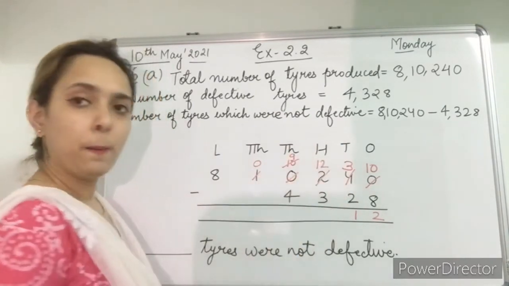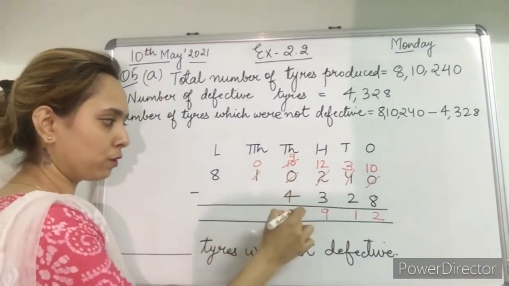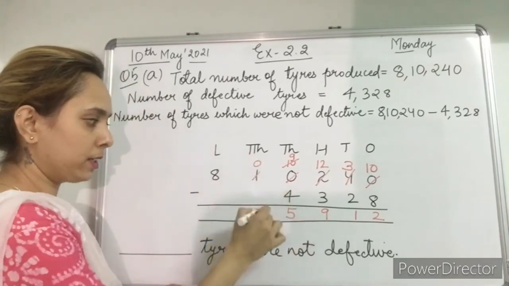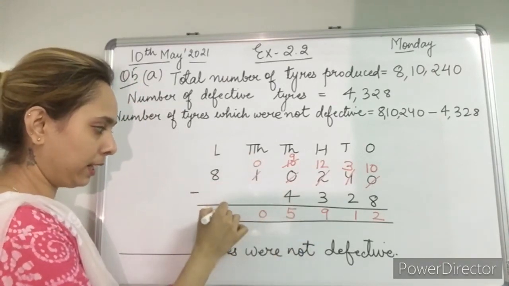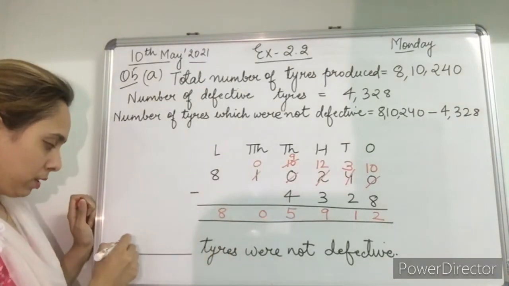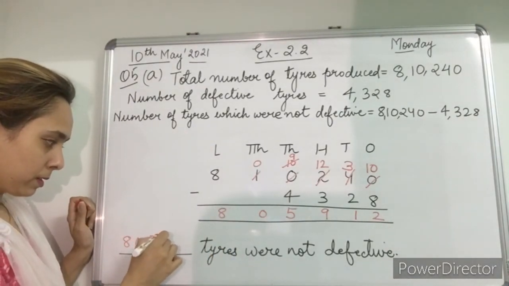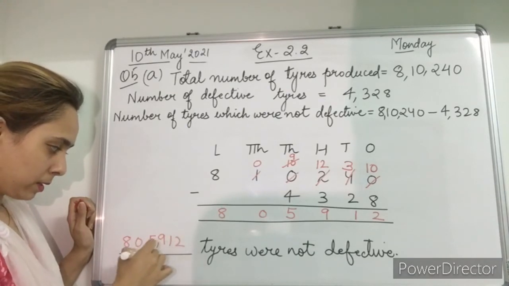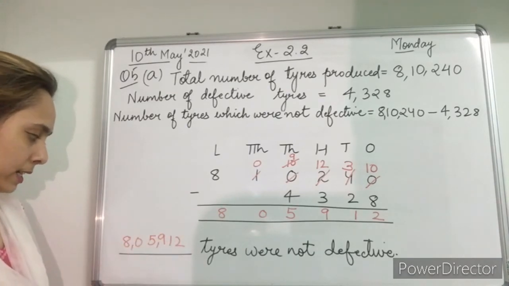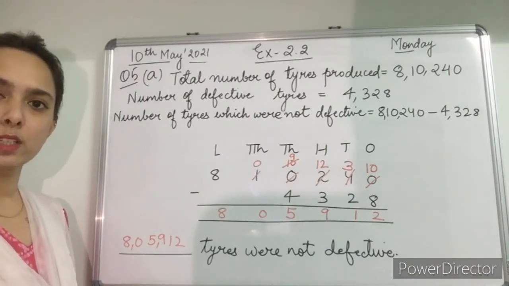So 12 minus 3 is 9. Then 10 minus 4 is 5. 0 will come as it is and this 8 will come as it is. So I will write 8,05,912